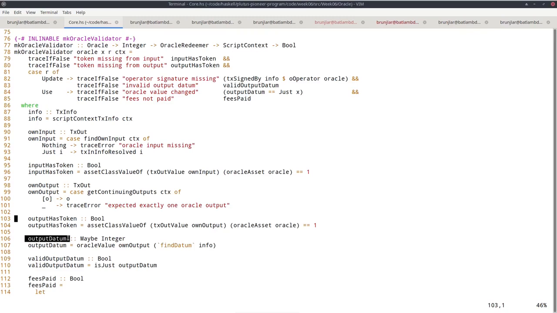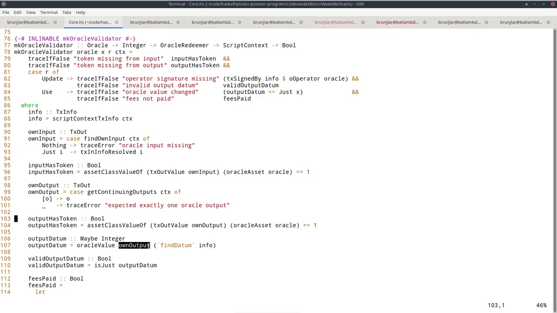And I just use this helper function we discussed earlier, Oracle value, which now takes my own output. So I'm interested in the new value, not in the old value. The old value I have given here as parameter to my validator anyway. That's the second argument, the x. So x is the old Oracle value. But now I'm interested in the new Oracle value, in the datum attached to the Oracle output. So I use my helper function Oracle value applied to this Oracle output.